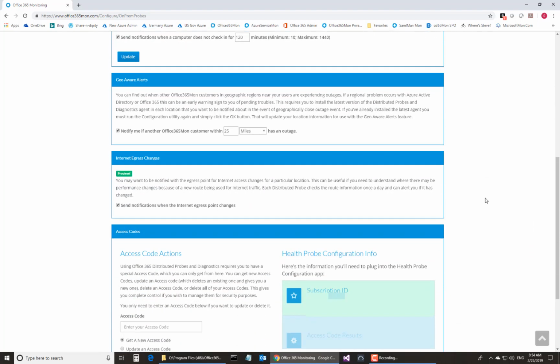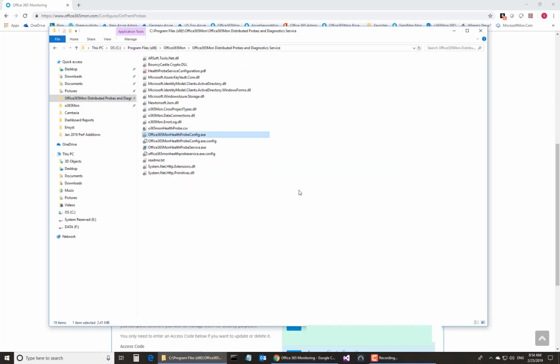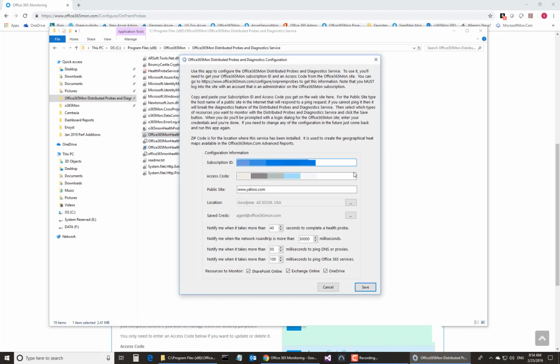Once you do that and run the executable, you'll have a set of files like you see here. It actually installs a Windows service that's going to be issuing those health probes. But before it does that, there's a configuration utility you need to run. So you'll see right here the Office 365 Mon Health Probe config.exe. So we'll simply right click on that. You have to select Run as Administrator because it's going to need to be able to start